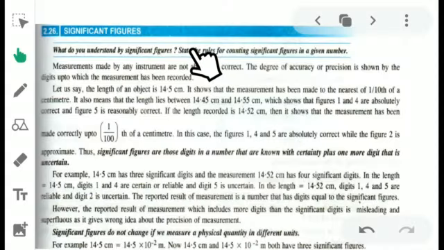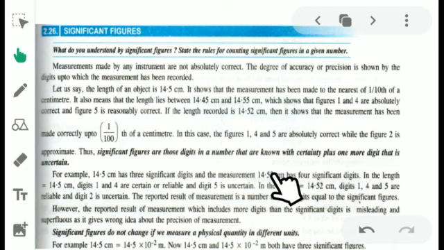Hello students, today we are going to discuss significant figures and rounding of the measurements. First we will see what is meant by significant figures. Significant figures are those digits in a number that are known with certainty plus one more digit that is